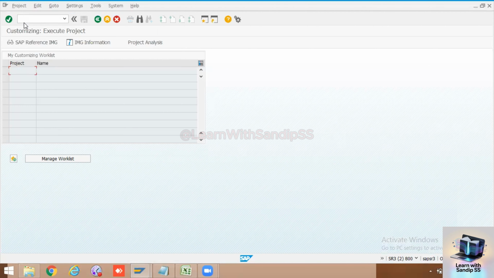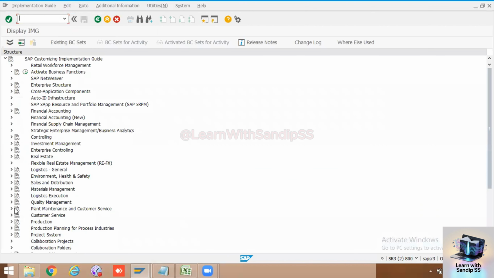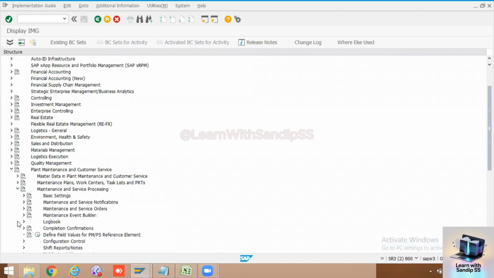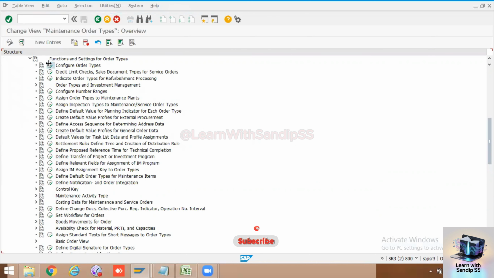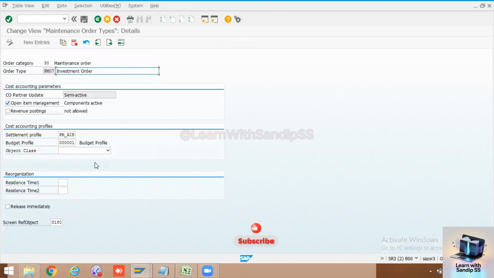I will quickly show you. Plant maintenance and customer service, maintenance and service processing, maintenance and service orders, functions and settings for order types, configure order type, and here will be the config for PM07. That is only from our PM side. The rest will be on the FICO side. They need to allocate controlling, they need to allocate the cost, they need to perform PO22, all that activity. So